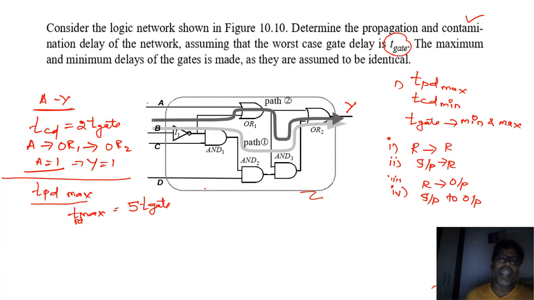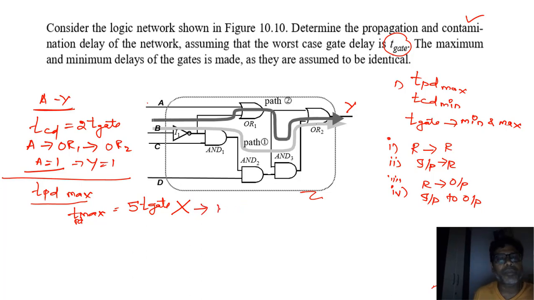But a deeper analysis of this particular circuit will say this is not the right answer. How do you say this? Let's take a quick look at the circuit with data dependency. What do you mean by this? Orally, if you look at this particular circuit, what we said is true. The worst case path could be the path which has this 5 gate. But when we try to analyze deeper into this, what we understand is this path will never come into existence.